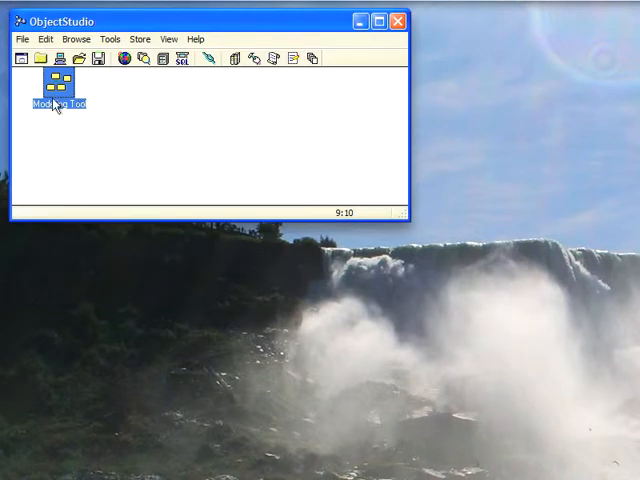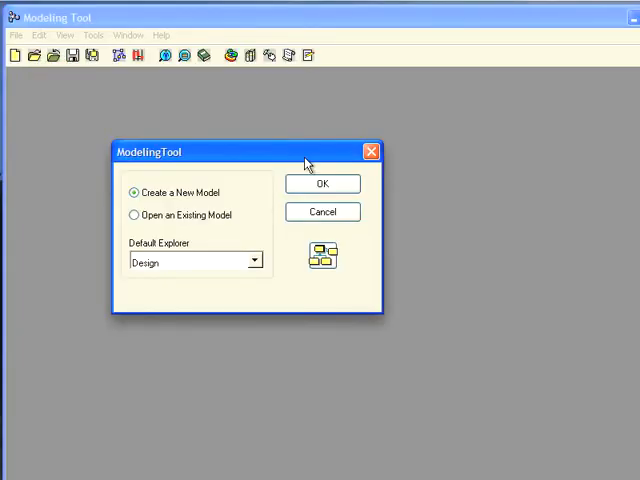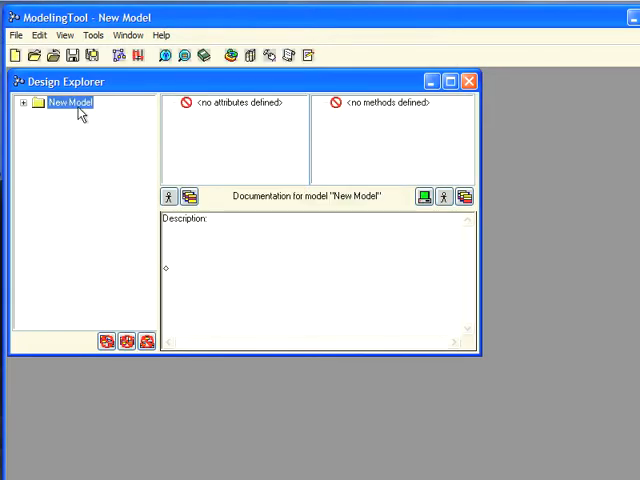So there's the modeling tool right here in the launcher. This is the way things normally come in ObjectStudio, is you get things in here. To start this, you just double click and you'll get the modeling tool. So I'm going to say create a new model, and I'm going to call this, now I can just click on this once, get an in-place editor, and I'll call this person model, hit return,